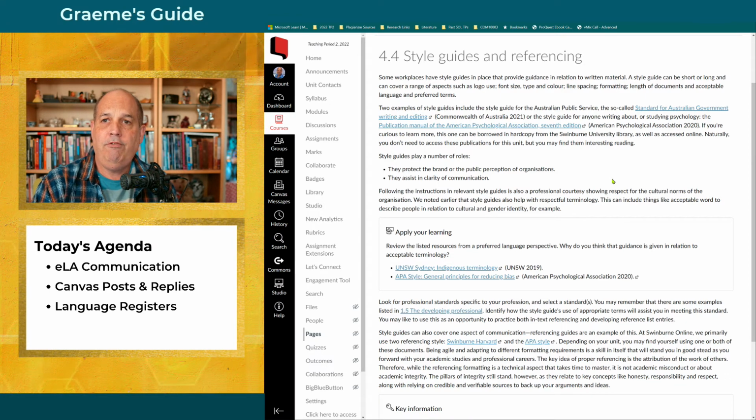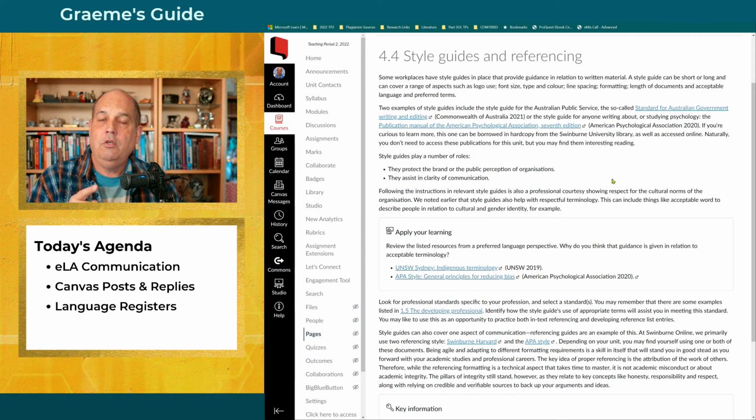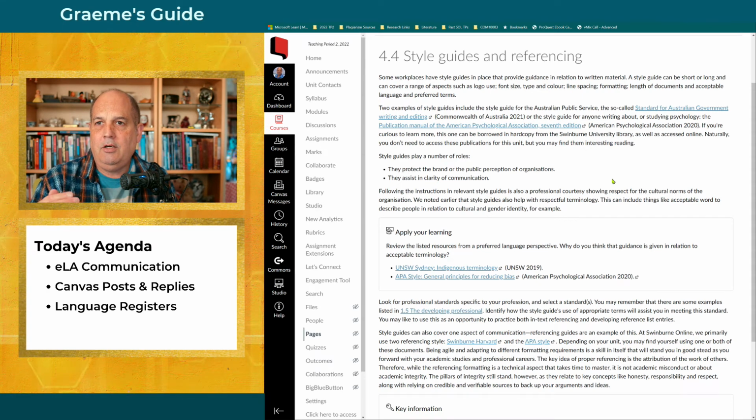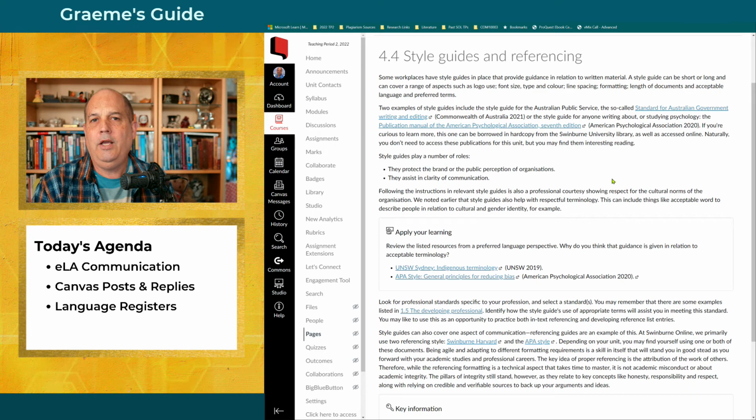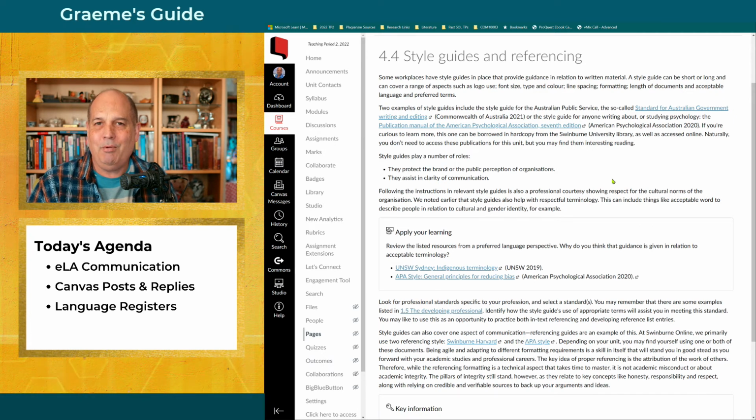So if any of the academics at Swinburne want to write a press release or want to communicate with another university, they could go to the Swinburne University Style Guide to make sure that they're communicating the way that the university intends for that communication to happen.